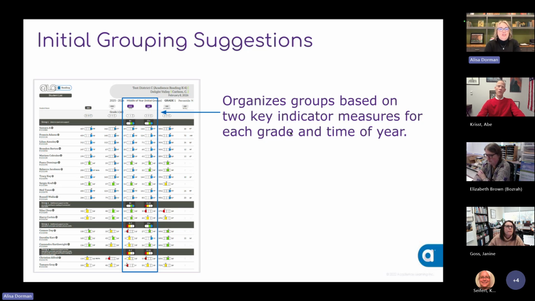And these grouping suggestions will highlight, and you'll see this highlighted here if you're in ALO, or highlighted here, different from the ones that are shaded gray. Right now it says we're going to look at these 2 measures, nonsense word fluency, whole words read, and oral reading fluency words correct. And we're going to look and we're going to say, at this example, for this particular class and these students here in group 1 all fit the pattern where they were at or above the benchmark. So what that tells me is that those students likely only need good first instruction.